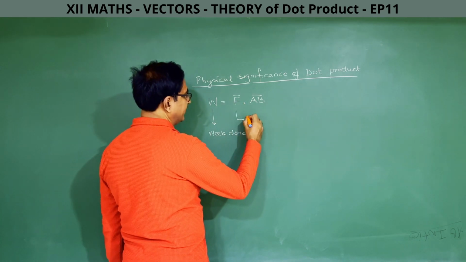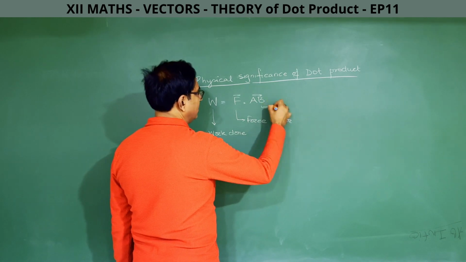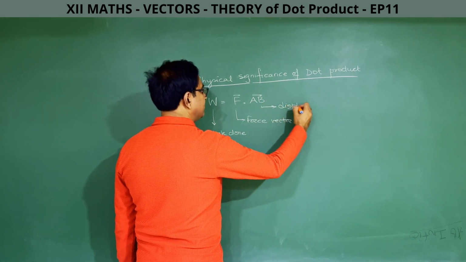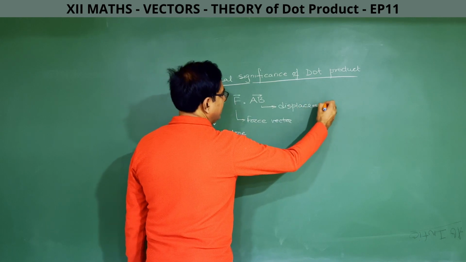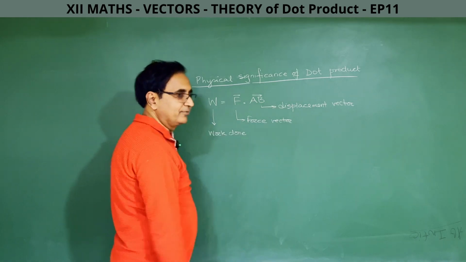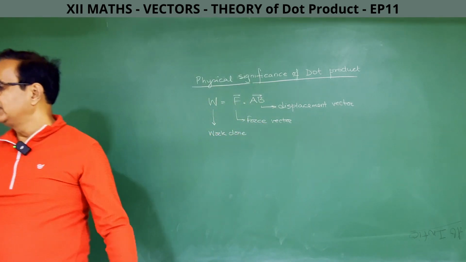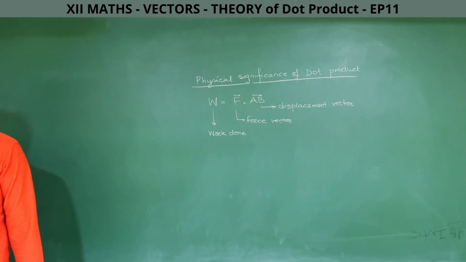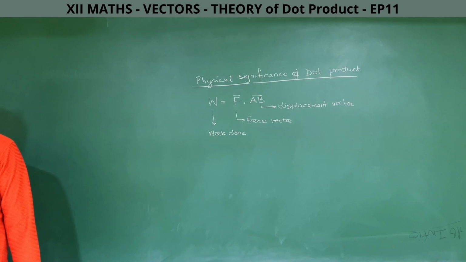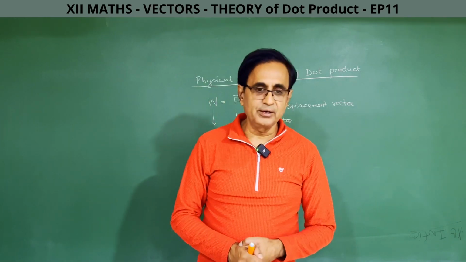F stands for force vector, ये भी आपको IJK में दिया जाएगा, and AB stands for displacement vector. तो ये दोनों वेक्टर्स आपको in terms of IJK होंगे, तो इनका डॉट प्रोडक्ट फिर से वही पोएम बनेगी. It will be the sum of the product of the coefficients of i's, j's and k's. All right. So that finishes the dot product of two vectors.